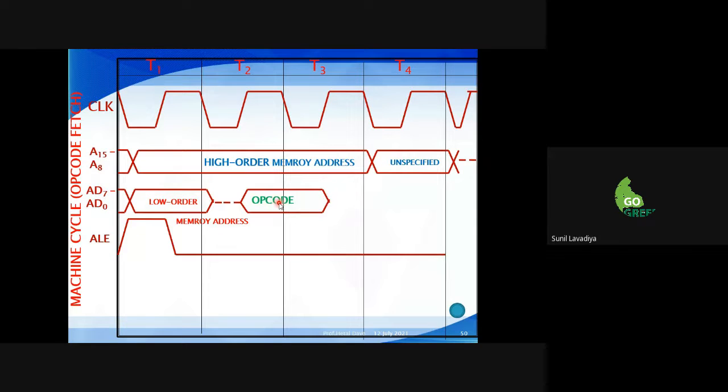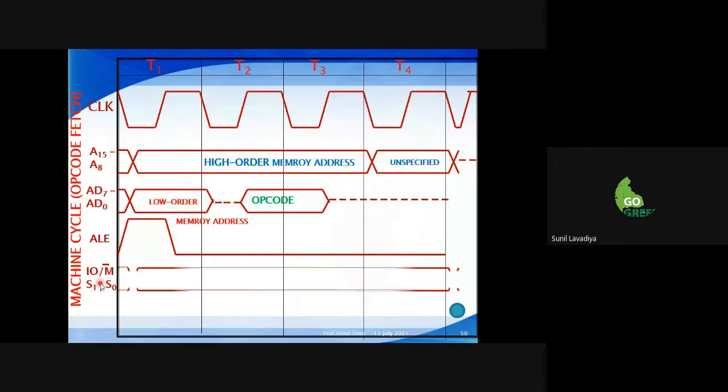In this one, whatever the opcode is, like MOV, MVI, LDA, STA, these are opcodes. All of those opcodes are here, and it's ended. Okay. Then the next line is for the IO and memory part. This line looks like this. It has the input output line, memory line, as well as the S1 and S0 status signals.